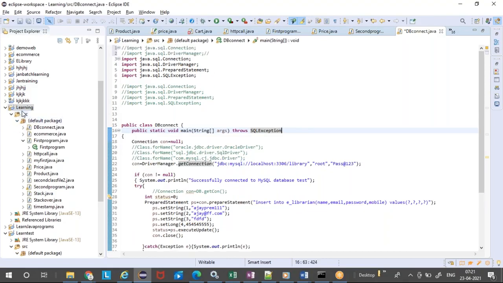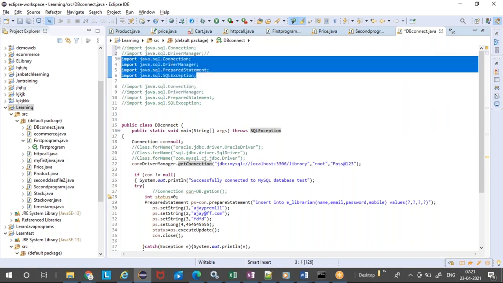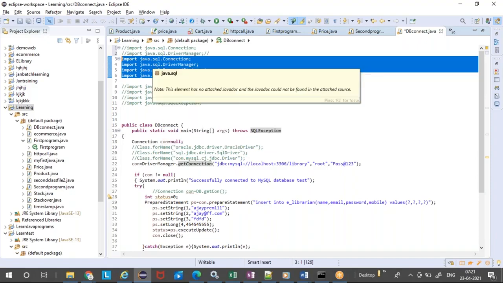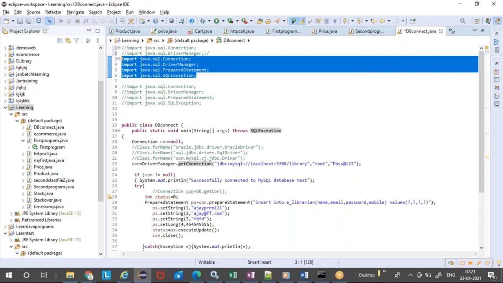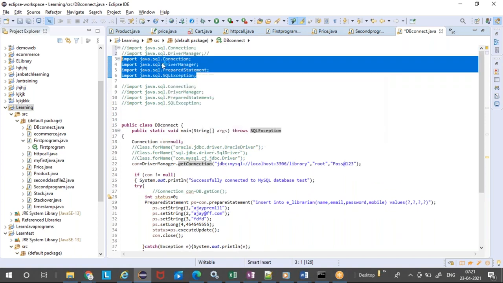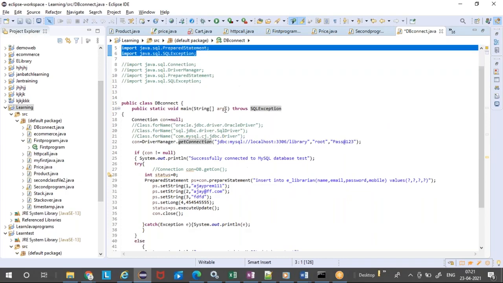So there are two things. One, you need to include the jar file in your build path. Second, you need to specify the exact packages which you need to import. java.sql.Connection, java.sql.DriverManager, all these things are important for you to run this code. Okay, and you don't need to worry about what all things are in the jar file, what all I should import. You don't need to worry about it, because in Eclipse you will get a suggestion, right?